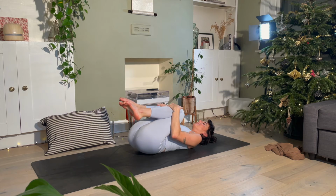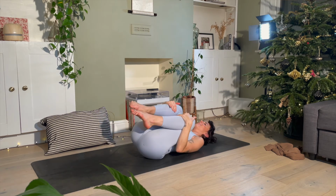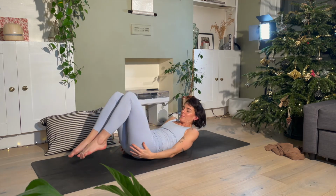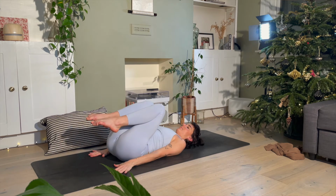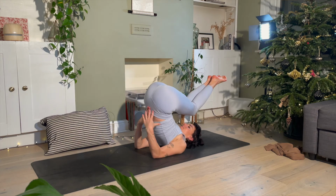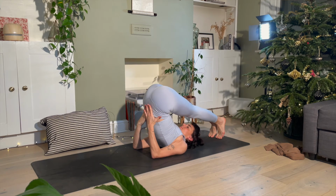Good. When you get there, hugging the knees into the chest and just take a little rock from side to side. Just massaging the lower back here. Nice. From here, just scooching down a little bit to the middle of our mat, keeping the knees bent in. We're going to bring our hands and our arms by our sides as we gently start to rock forwards and backwards on our spine. And then seeing if we can bring our feet to touch behind our head to come